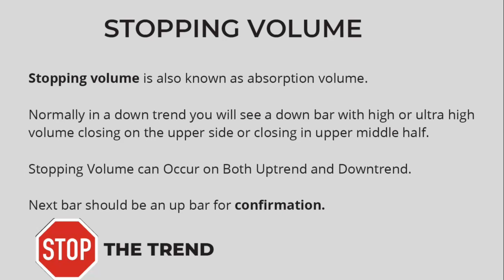In simple terms, I draw the high of the stopping volume. Once the market goes above the stopping volume, then I look for buy opportunities, because I already told you stopping volume is an absorption volume bar and the market goes sideways after a particular time. I'm going to show you some examples also. But before that, you have to understand the next bar should be an up bar for confirmation. In most cases it has to be an up bar, but sometimes the market goes sideways after a stopping volume. Even that's a confirmation that this is a level where absorption is happening in the markets.